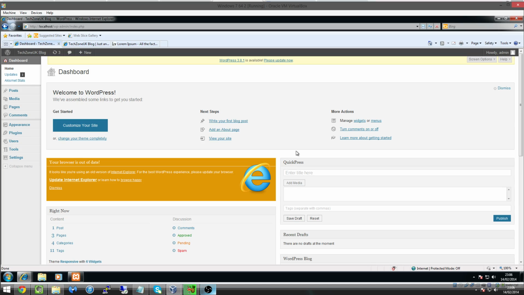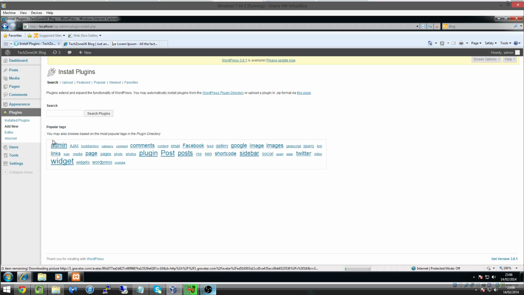So basically what we're going to be doing now is taking a look at installing a plugin. What you need to do is go to your dashboard. Easiest way is to go to your website.com or whatever. In this case mine is localhost/wp-admin. Use the credentials that we set up in episode 1 and log in to your dashboard, and on the left hand side you'll see something that says Plugins. We just put our mouse over that, and there's a little button that says Add New. We're going to click on that, and we're going to be installing a plugin that I highly recommend,